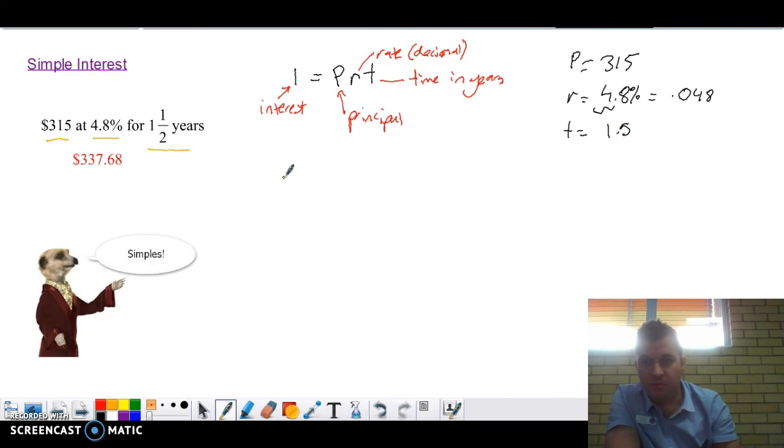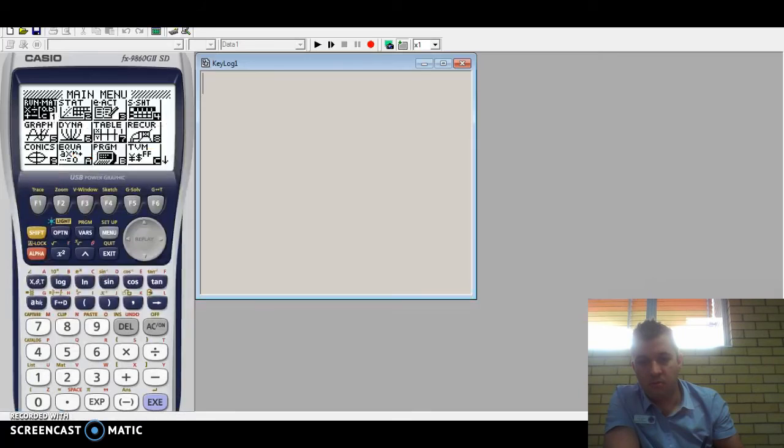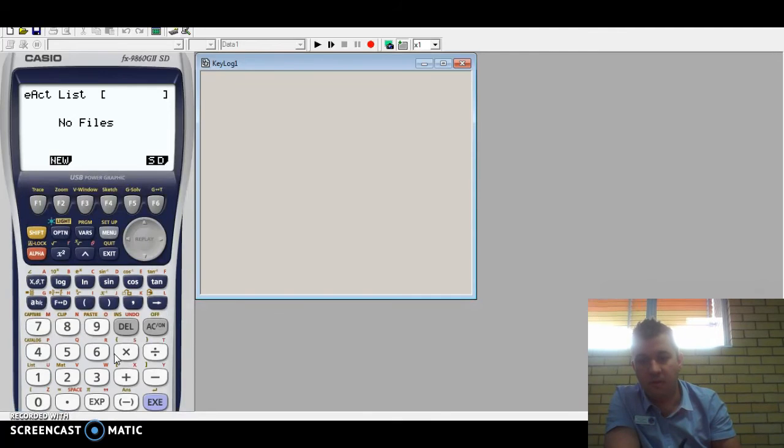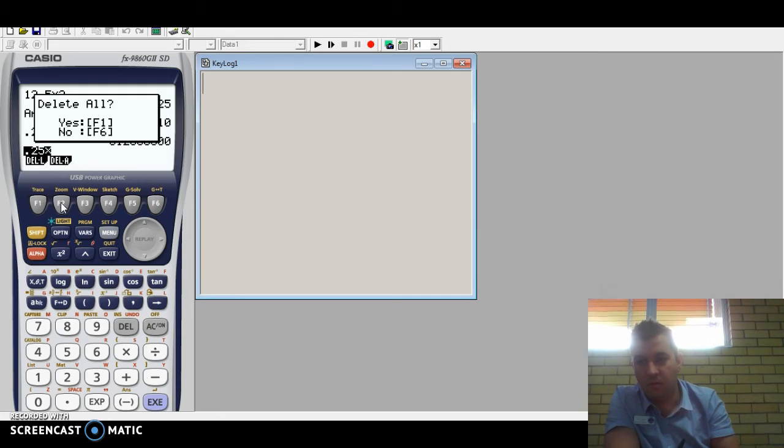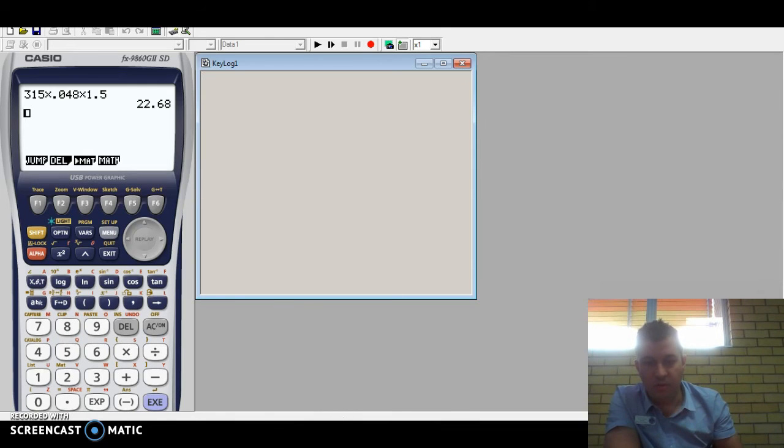Okay, then all we've got to do is go I equals PRT, which is 315 times our rate, which is 0.048, times our time, which is 1.5, equals... Oh, I'm in the wrong screen. That's better. 315 times 0.048 times 1.5. Enter. 22.68,